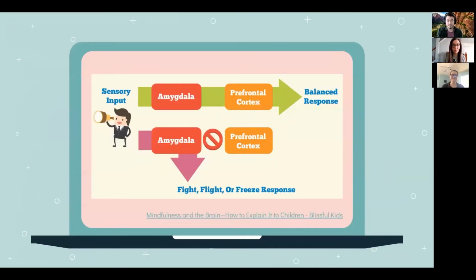The amygdala determines emotional responses by classifying sensory input. When something is perceived as a threat, it triggers the flight, fight, or freeze response. When we have time to consciously process sensory input, we allow the prefrontal cortex to analyze the information. Instead of an immediate impulsive reaction, we get to choose the best response instead, putting us in charge.